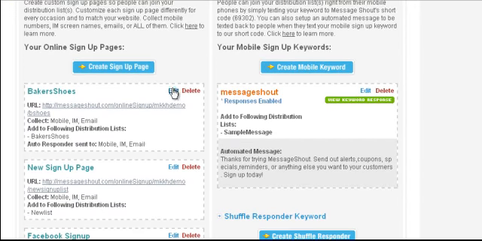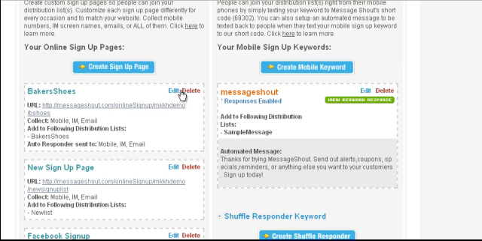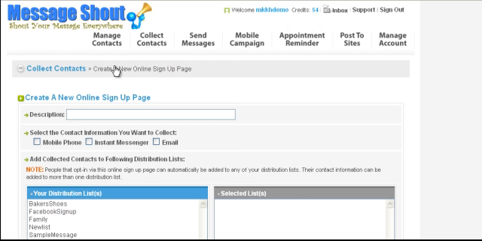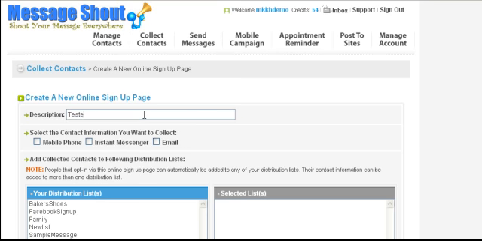Now you can edit your sign-up page anytime you'd like to. It'll show up here. You just click edit, and if you'd like to delete it, you can delete it. So it's very easy to do that. If you just started and you have nothing here, just click on create sign-up page. Give your sign-up page a description. Call it anything you'd like. Call it test. Oh, gotta put the cursor there. Test